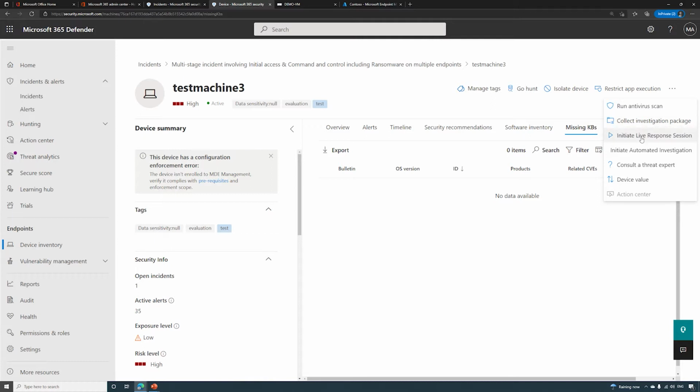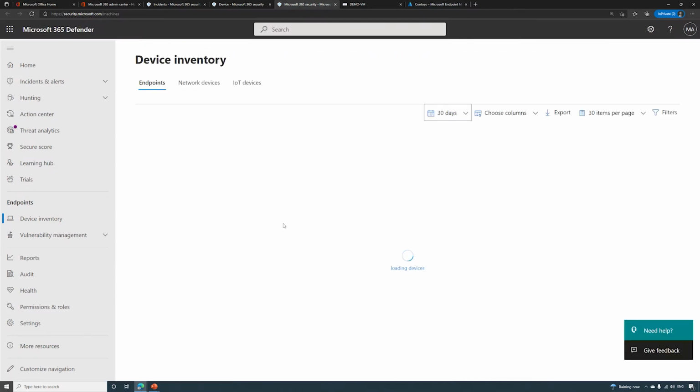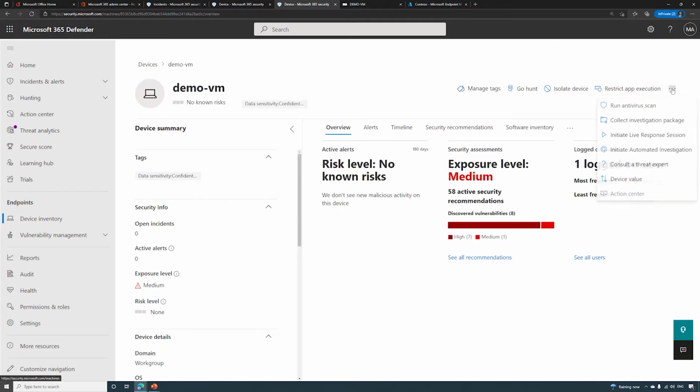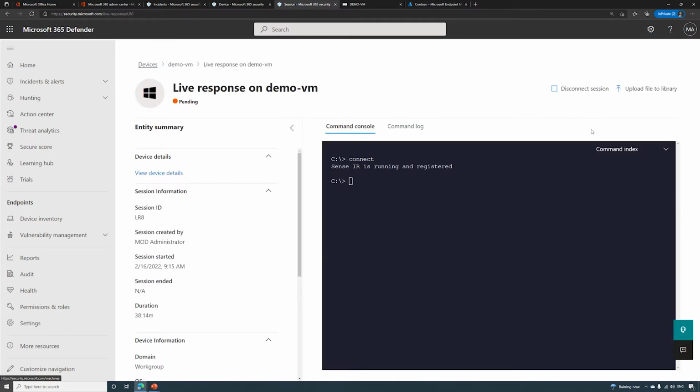We can initiate a live response session. Now this is something we'll look at on another device because this is a demo device. So if I go down here to my device inventory, what I'll quickly do is hop into another device, this one here, and I'll initiate a live response session, because this is an extremely useful element of Defender for Endpoint,